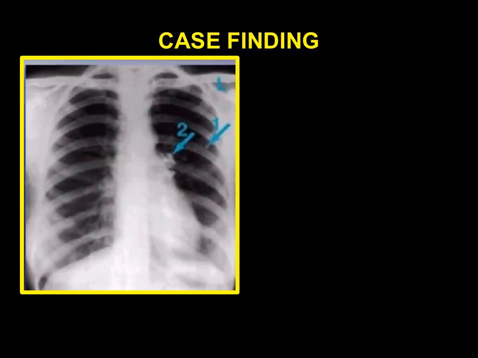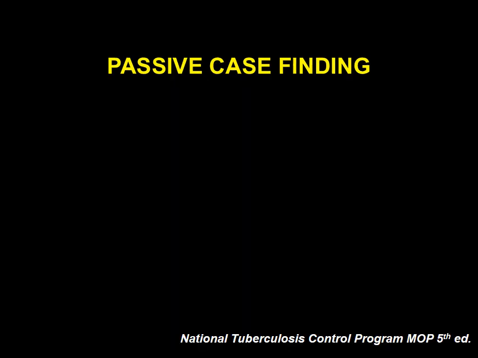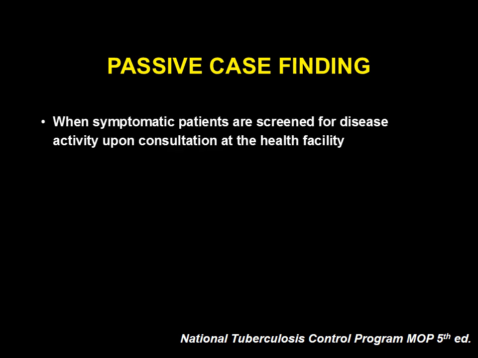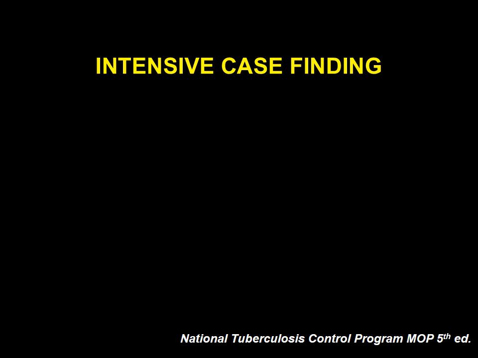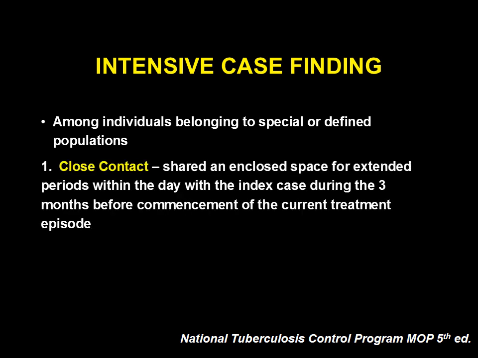Case finding is the identification and diagnosis of TB cases among individuals with signs and symptoms of presumptive TB. The current approach to case finding includes: first, passive case finding, when symptomatic patients are screened for disease activity upon consult. Second is intensive case finding. This is active case finding among individuals belonging to defined populations like close contacts, those who shared an enclosed space